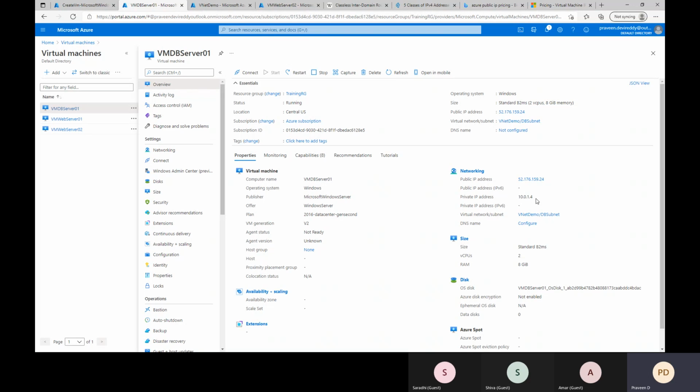So this is how we can configure the virtual network and the subnets, and while creating the virtual machines, maybe web apps, this is the way we can configure the networking part. Based on that, the IP address will be assigned like this for all the VMs. Any questions on this? Sarthi, Amar, Shiva. Yeah, nothing.